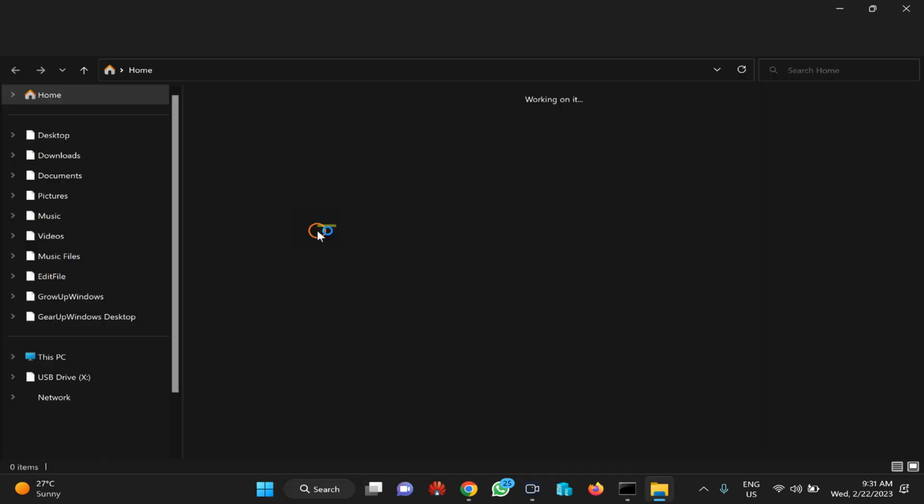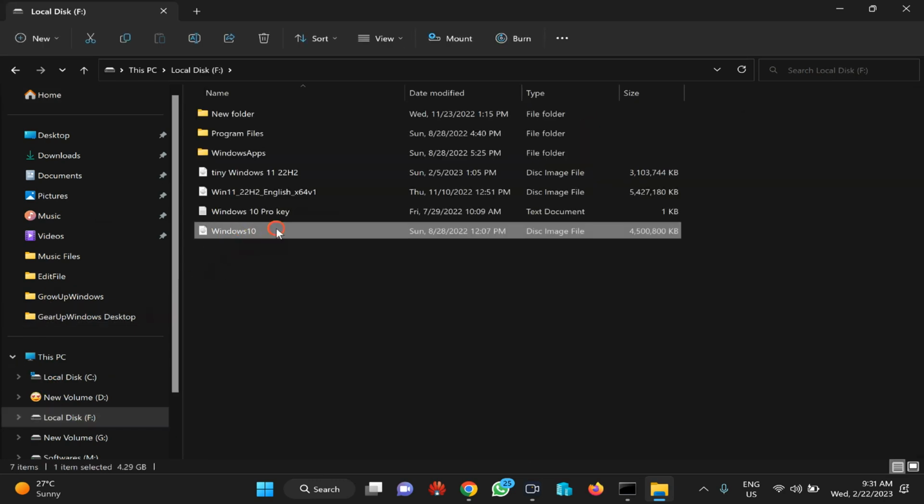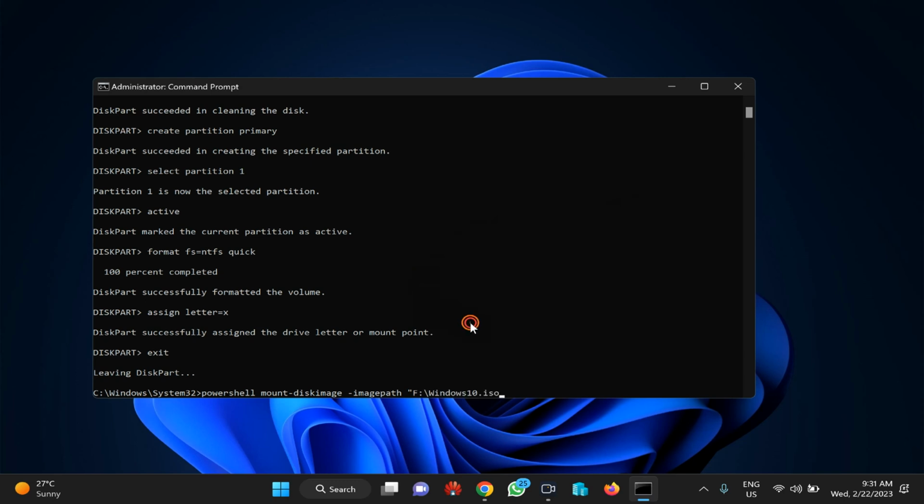First, open File Explorer and check your ISO file. Here, right click on this one, copy it. If you have issues in copying, you can copy the full path of your ISO file like this and paste it here.